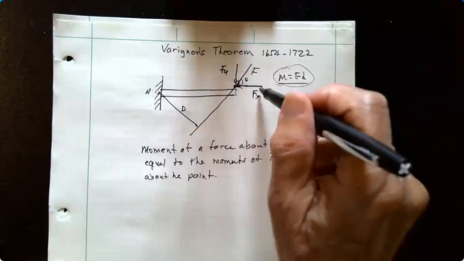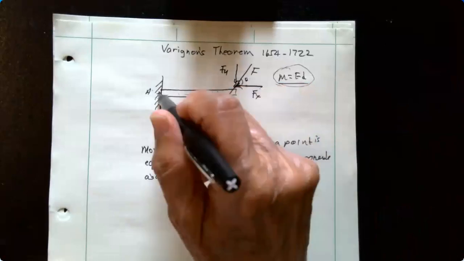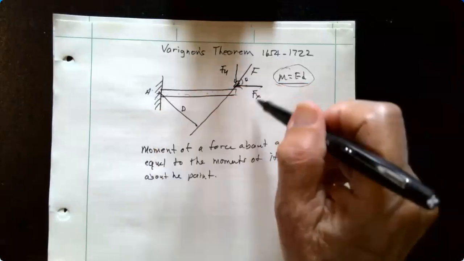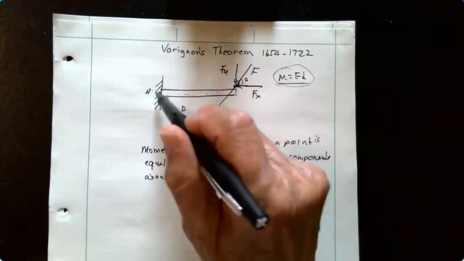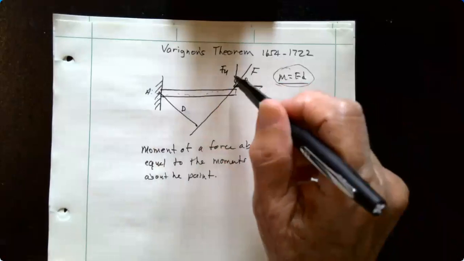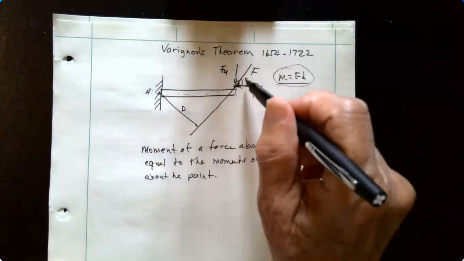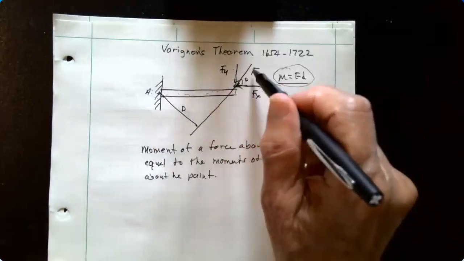The f sub x passes through A, so there's no moment arm. So the f sub x is not going to contribute any moment. The only moment contributed to A is this y component. And once I determine this y component, which is going to be a sine function of theta times the magnitude of f,